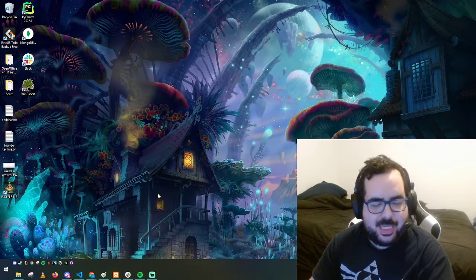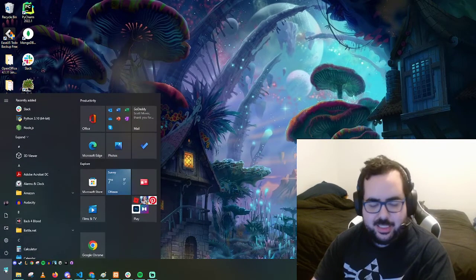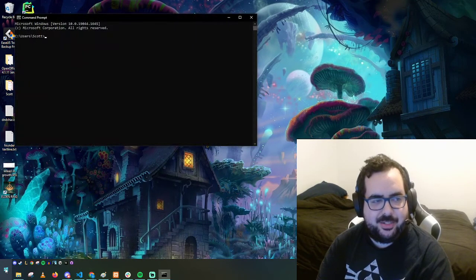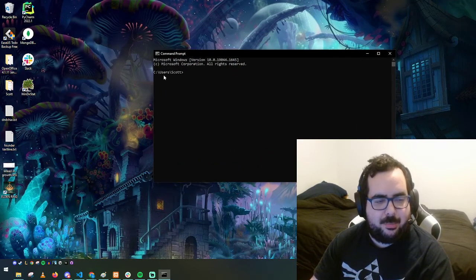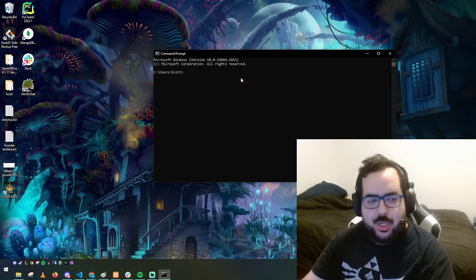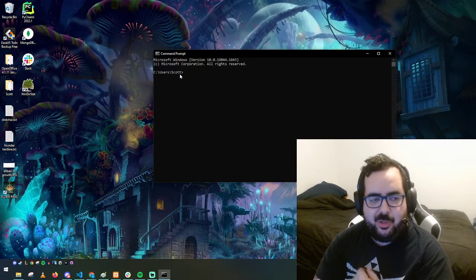So command prompt, or terminal on Macs, is this little black box. If we click start and type CMD, we hit enter and we have what we call a command line. And this allows us to enter commands. So we started in the directory C users Scott, and this might be different on your computer, but let me show you